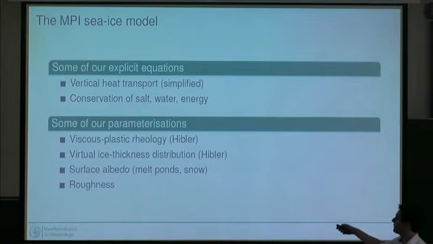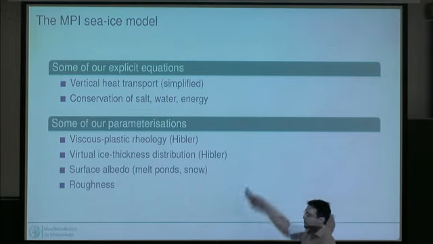And through the ice we have a very, very simplified vertical heat transport, which is simply heat conduction. And our sea ice model in the Max-Planck-Institut Earth System Model is the simplest reasonable sea ice model you can possibly think of, which basically means that the vertical heat transport has one temperature, namely the surface temperature, and another temperature, namely the bottom temperature, and everything is linear in between those 2 points. So it's a so-called zero-layer sea ice model in terms of thermodynamics. But again, as Danny pointed out, we conserve salt, water, energy, and I should have added momentum here.